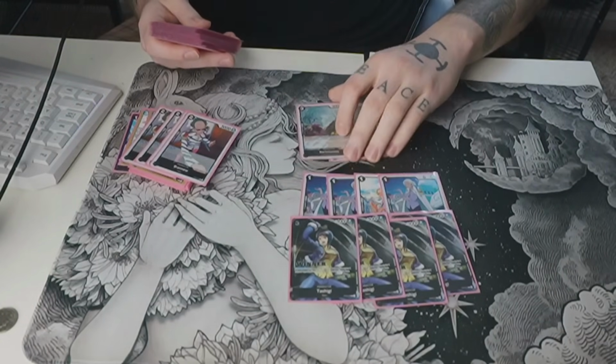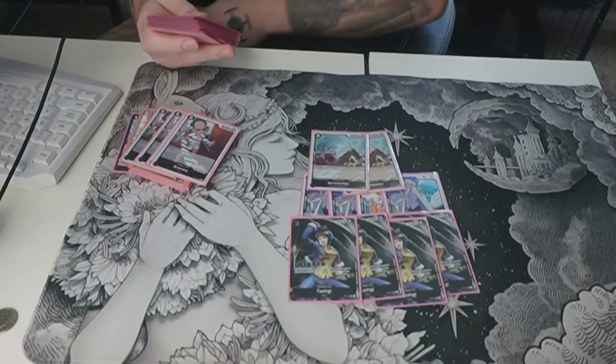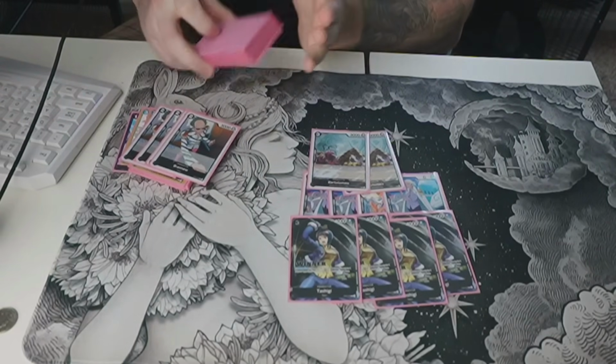And Bart is actually just the most insane card. It is way better than Virgo. It is way better than One-Legged Toy Soldier. And the reason that it is...